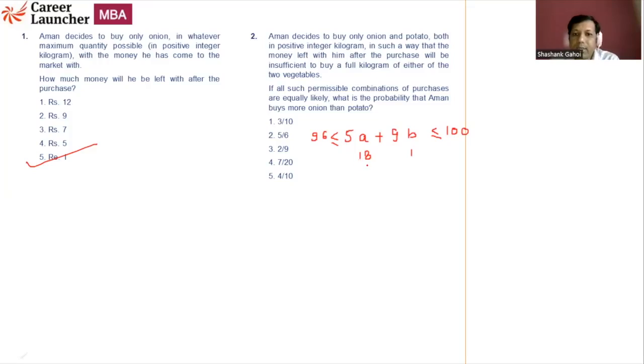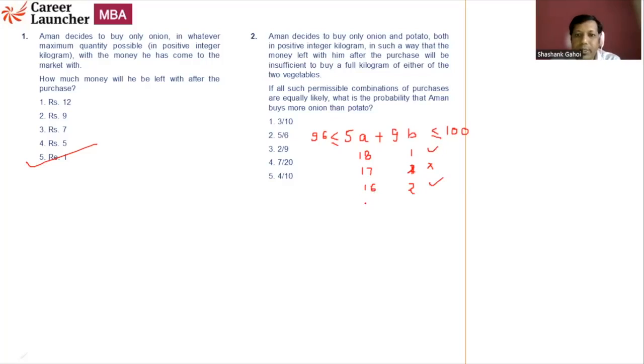Second case, he can buy 17 kg, which means 85. 85, and the money left with him is going to be 15. With 15, he can buy 1 kg onion and 1 kg of this. So 17 will not be possible, because he can't buy 2. So 17 and 2, the sum is going to be greater than 100, and the value is not going to lie in this range. So we can't take 17. Okay, let's talk about 16. 16 fives are 80. So he can buy 2 kg. Now, is it acceptable? Yes.